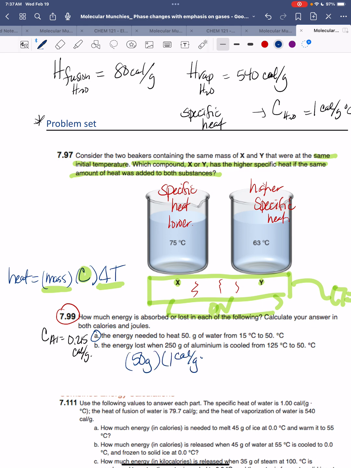calorie per gram degree Celsius, and then we want to look at our temperature change. So this is delta T, and always with delta T, we're always going to do the final temperature minus the initial temperature. So we're going to take 50 minus 15, and that's going to be the heat involved in that process. So 50 minus 15, that's not so bad a calculation. That's 35. And then we're just going to take that and multiply it by 50. So when we take 35 times 50,